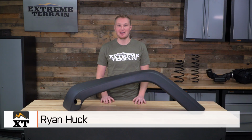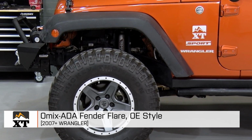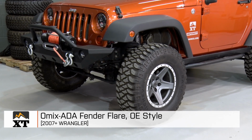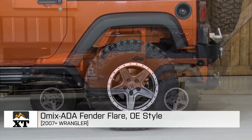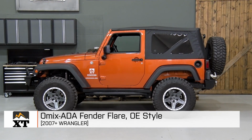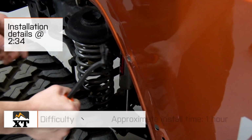I'm Ryan from ExtremeTerrain.com, and this is my review and installation of the Omix-ADA Fender Flare fitting all 2007 and up JKs. These are available individually as you see here. You can get each one of the corners separately, or you can get a kit of all four. Today we're going to talk through the installation of these Fender Flares, which is a very simple 1 out of